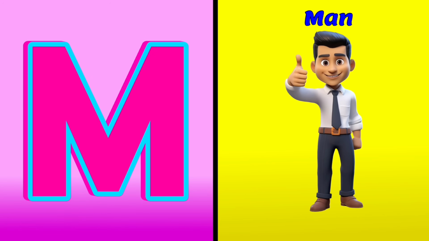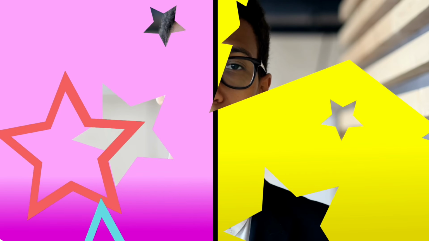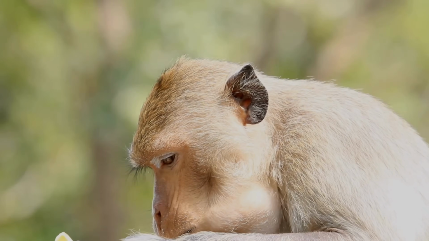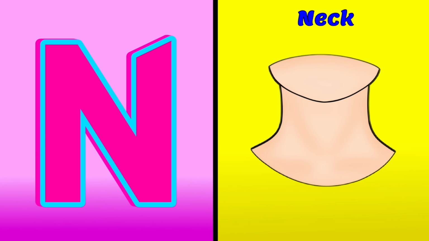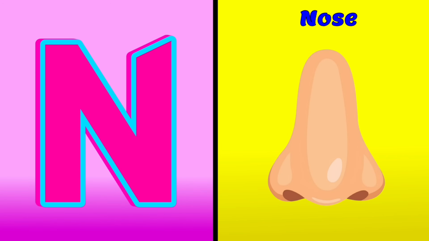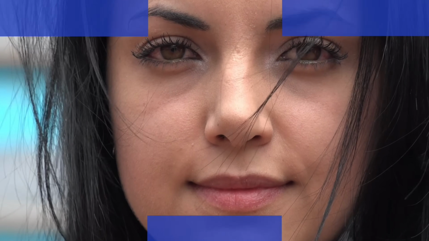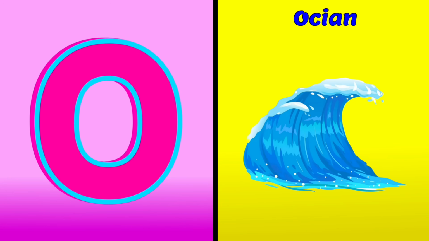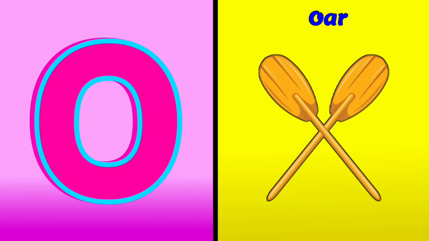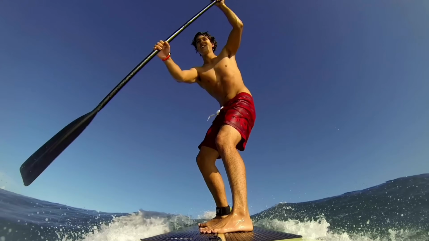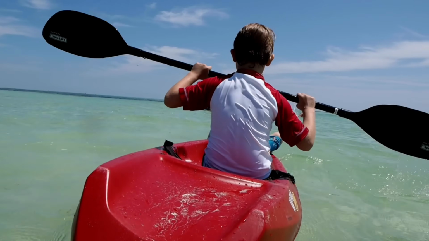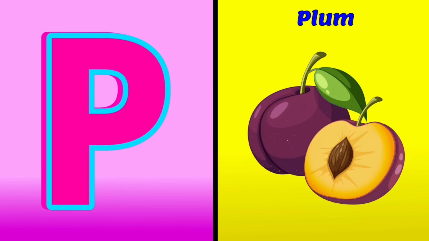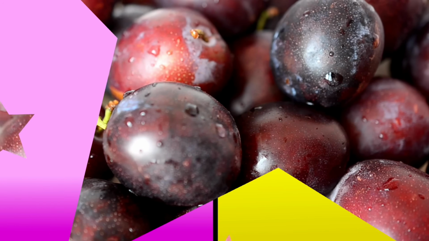M for man and M for monkey, N for neck, N for nose, O for ocean, O for oar, P for plum, P for parrot,